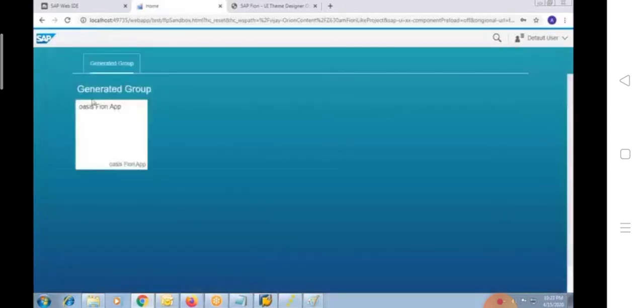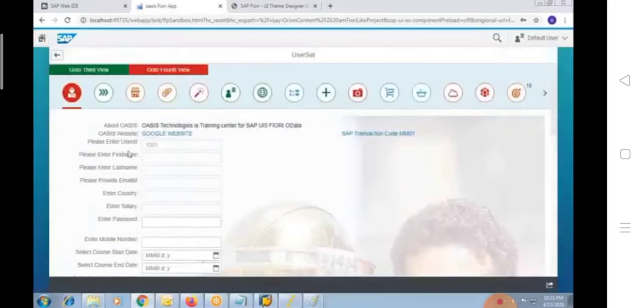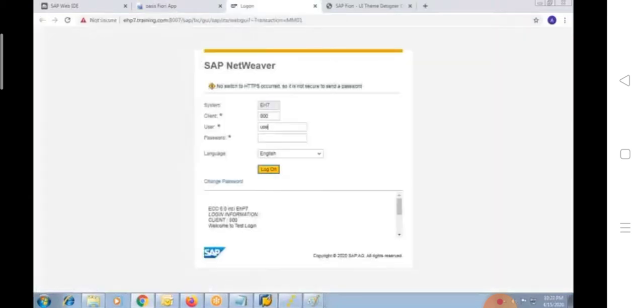And not only that, if required, let me go to another screen, the second screen, and here we can see from the Fiori application, I want to go to some transaction code. I want to open a regular ABAP screen. Then you can click on some link and it opens this one. Let me log in.